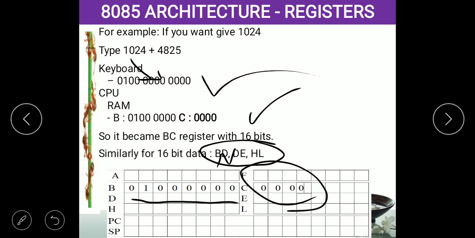So the latest software cannot be opened in the lower-end system, but lower-end software can be opened in a higher-end system, because if there is a 64-bit system, we can use 8-bit or 16-bit or 24-bit data like that. So that is the logic of these registers. The system performance depends only on the registers.